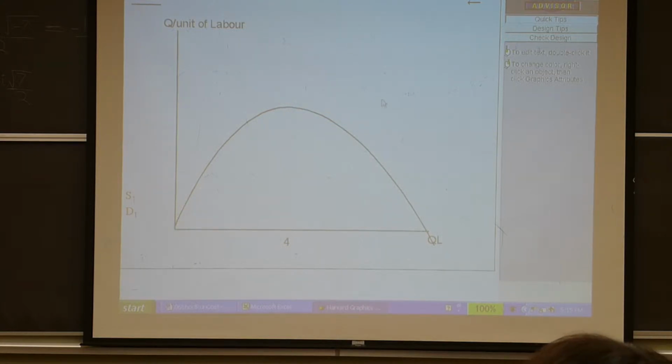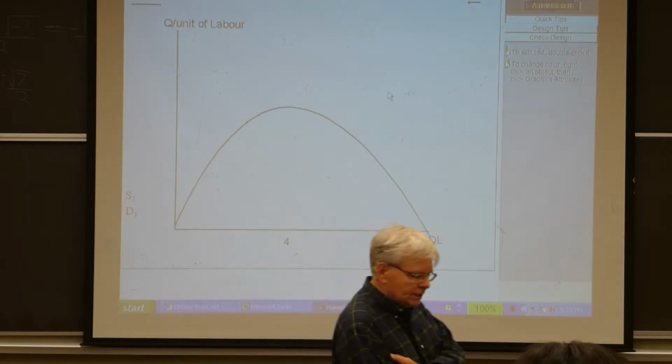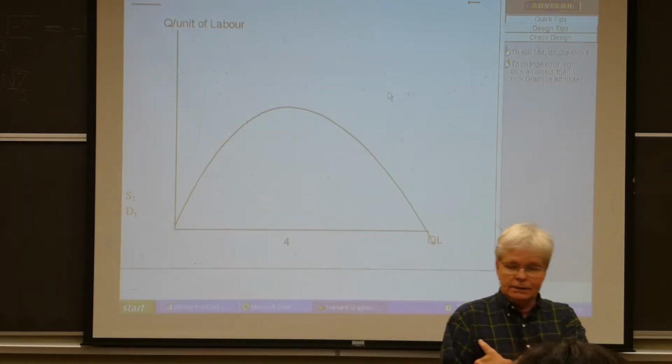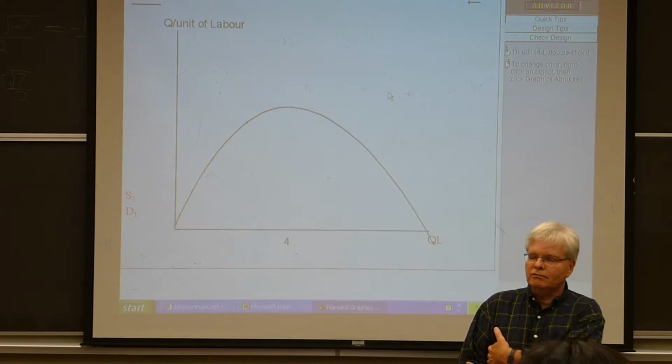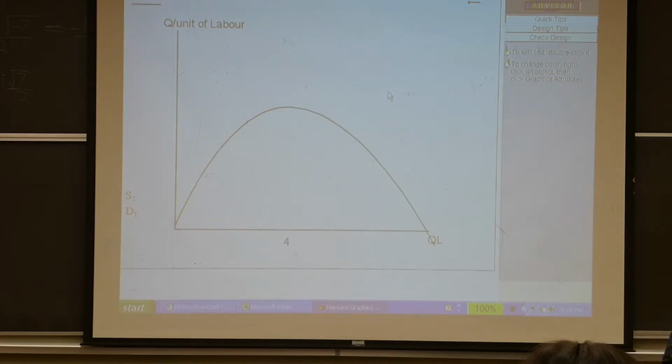Okay, now the second thing is, Marshall, by the way, understood all this. But Marshall's a really good mathematician, so he doesn't say marginal. He just uses calculus. He uses derivatives all the time, you know that. So when you read him, he understands all this stuff. He just doesn't explain it simply. He just uses calculus, usually in the footnotes. But he also understood, but a woman named Joan Robinson simplified all this in the 1930s to give us this